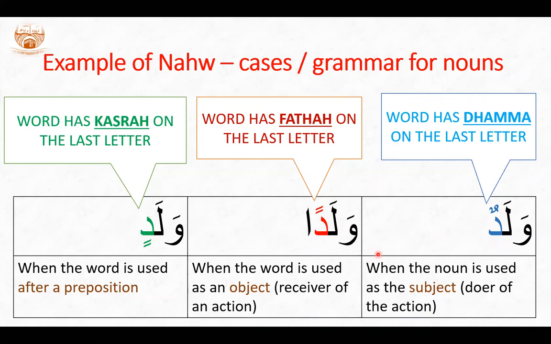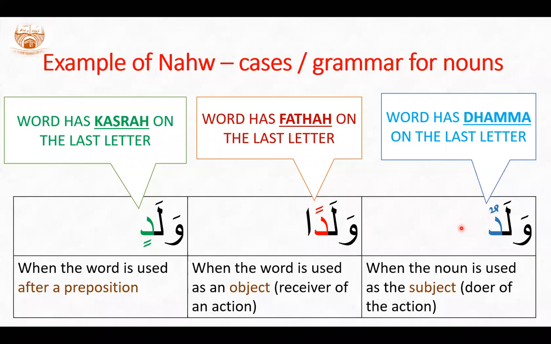So because these are changes, where is the place of the change? The last letter or letters of the Arabic word. And this is really in the last letter here you're looking at. There are changes, and the changes that occur in the last letter are through vowel changes. Dhamma, fatha, kasra. Okay? These are indicators that there is some type of variability. So it varies because if it was not variable, then it would have remained constant. It would have been waladun all the time, no matter what situation the word comes in. So the word waladun can change at times.